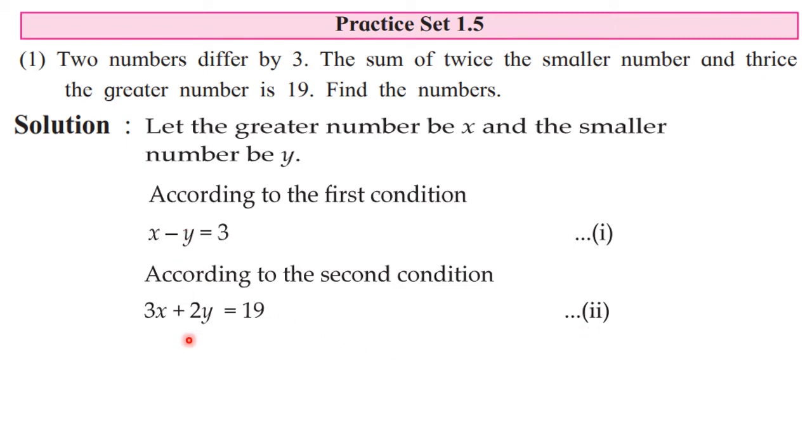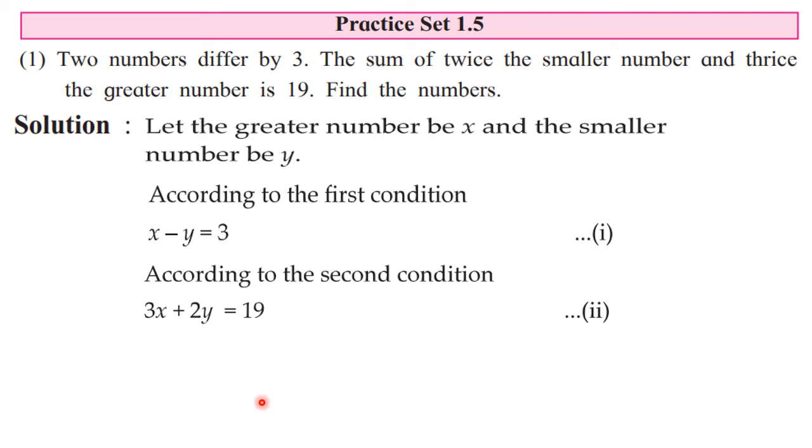Now we have to solve them. As I have said, we can solve it by any method. Like you know that in the beginning we have seen that practice set 1.1, and from that the direct questions based on the elimination method and substitution method, they are omitted, but still you can use that method to solve it, because you know that the elimination method is the easiest one, so that you can use. If you use Cramer's rule, then also it will do. It is totally your choice that how you are going to solve it. You can use any method to solve it.